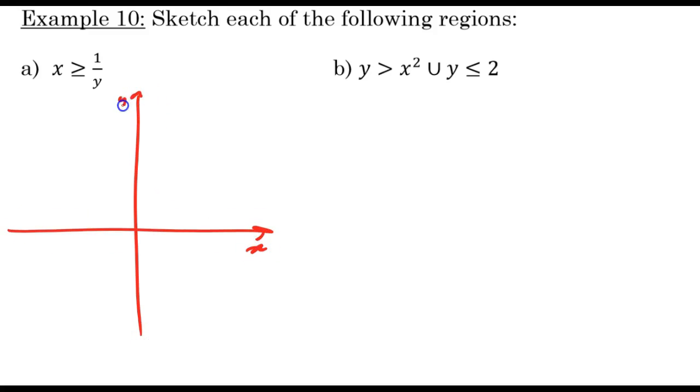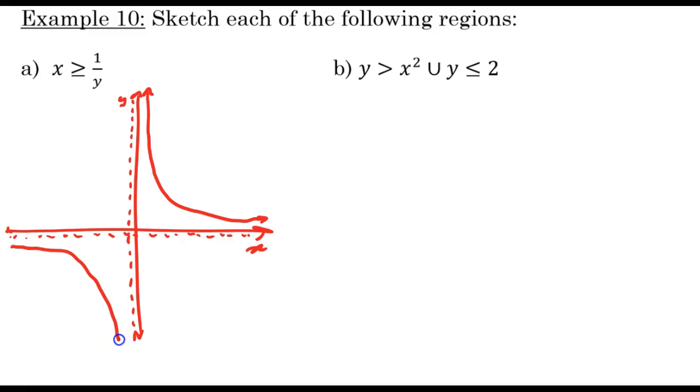X and y axes, and in fact I know that they are asymptotes and that they are undefined anywhere where x equals 0 or y equals 0. So that's going to be a broken line because my region definitely isn't going to include either of those axes. Now the function, because it's equal to, is a solid line, it will include that. Okay, two arms of that hyperbola,